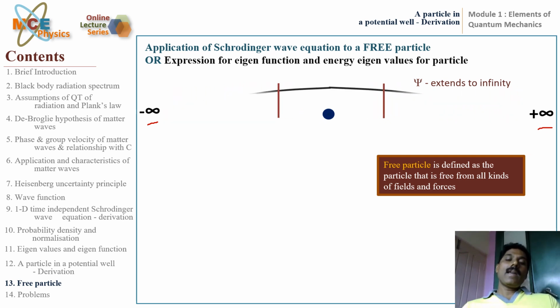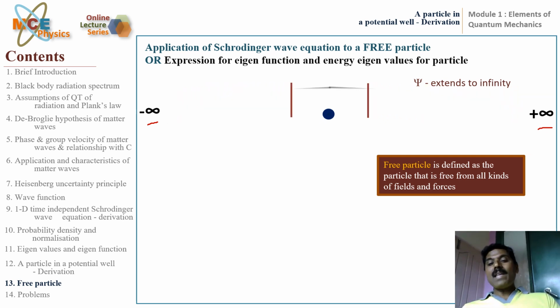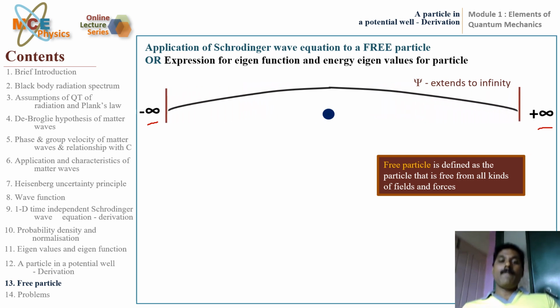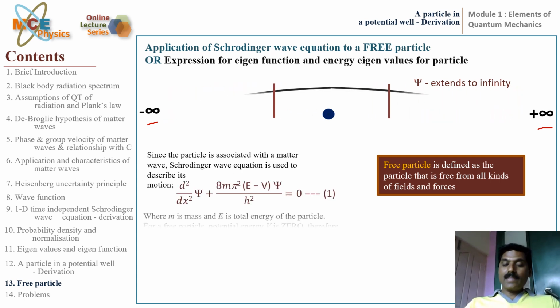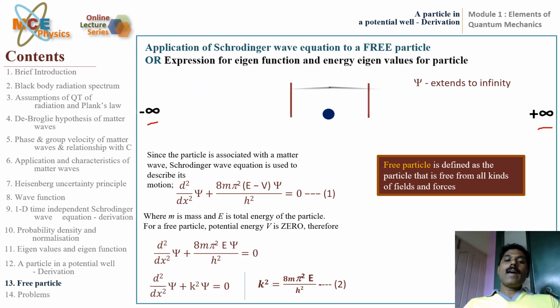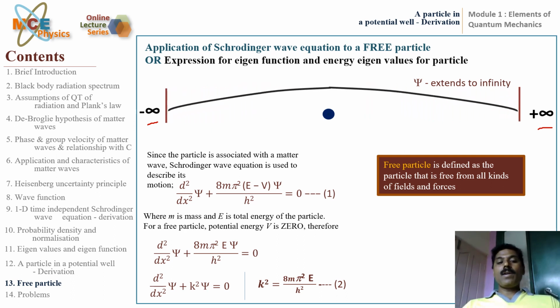It can be extended from minus infinity to plus infinity. It is indefinite. In that case, it is not possible to consider the boundary conditions. Then how to estimate the energy values? Let us check. As we did in the previous part of the calculations, here also we take the Schrodinger's equation,